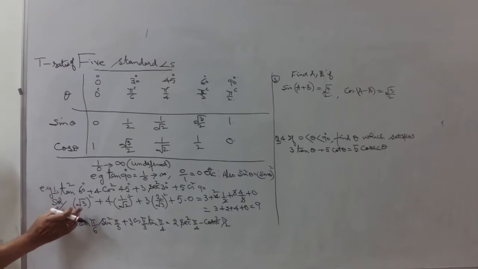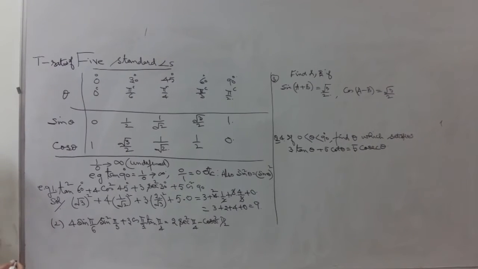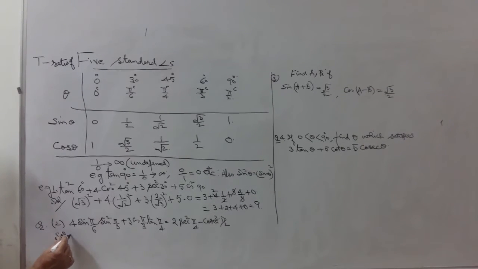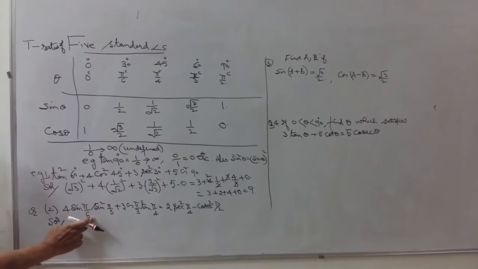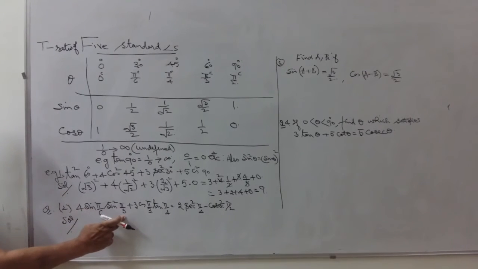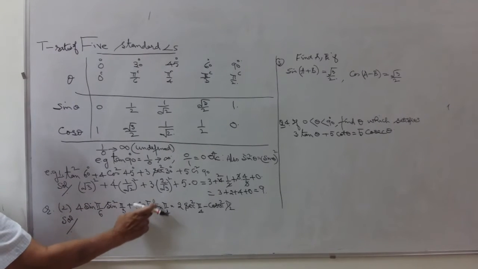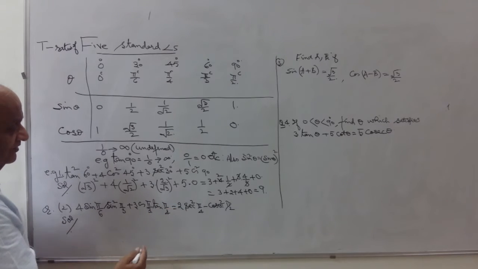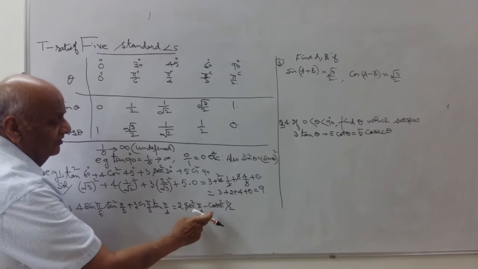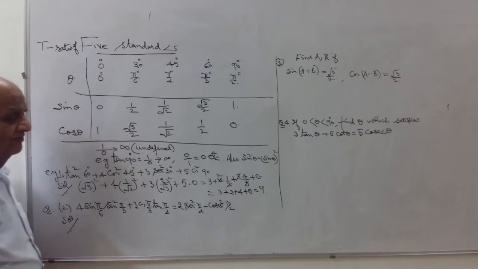So in this way you can simplify. Again I say that you people have done these cases at your 10th level. See here now, if the system changes from degrees to radians, the second question is question number 2. You can note down: 4 sine pi by 6, sine square pi by 3, 3 cos pi by 3, tan pi by 4. That we are to prove equal to 2 secant square pi by 4 minus cosecant square of pi by 2.